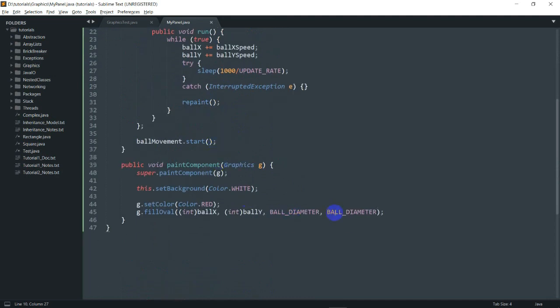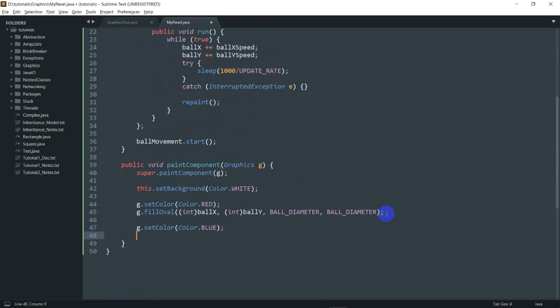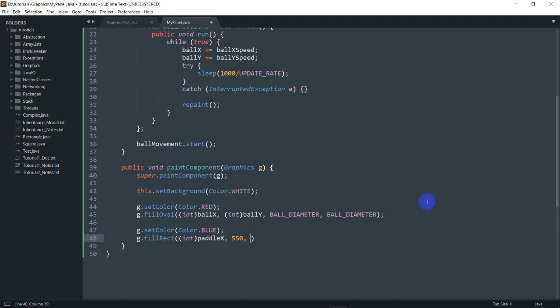And let's just go here and do a g.setColor to Color.blue, let's say, and g.fillRect, and here I need to do an int paddle X, and let's just keep the paddle Y to something like 550, and